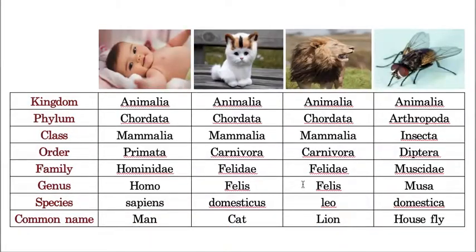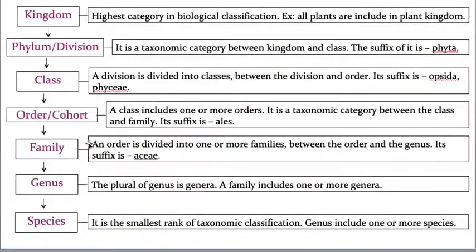Whereas I have taken examples of animals also. In that, the first example is human beings. Kingdom Animalia, phylum Chordata, class Mammalia, we are all mammals actually, and order